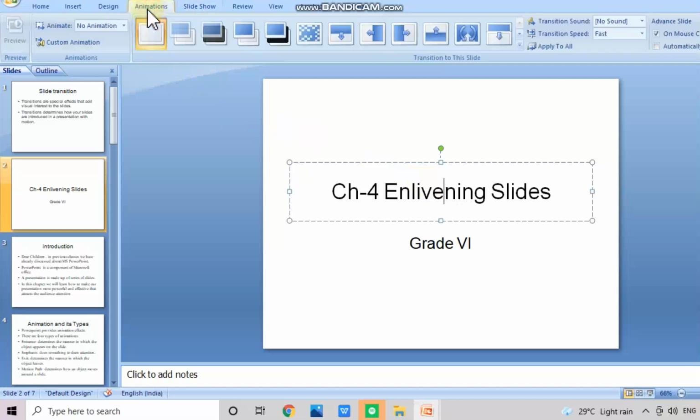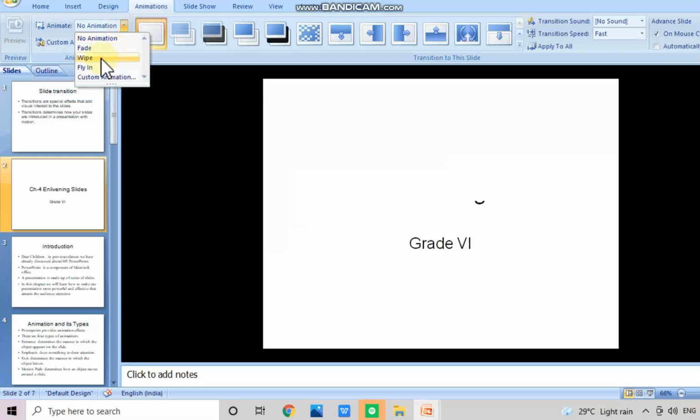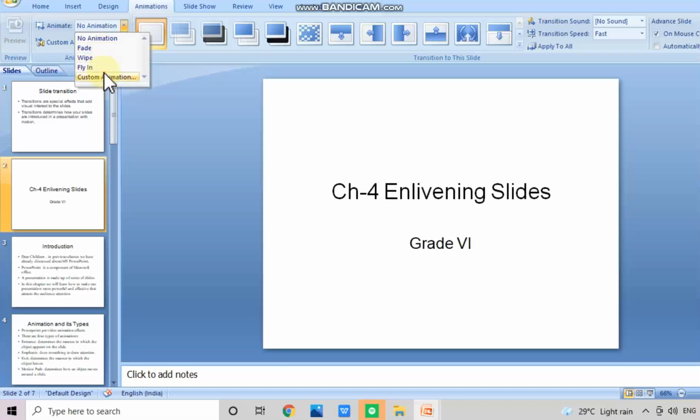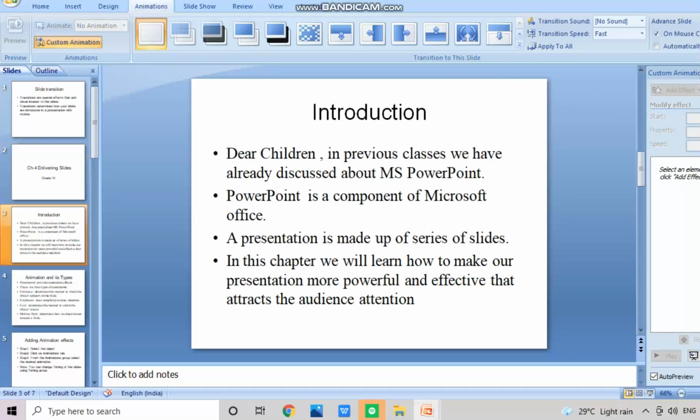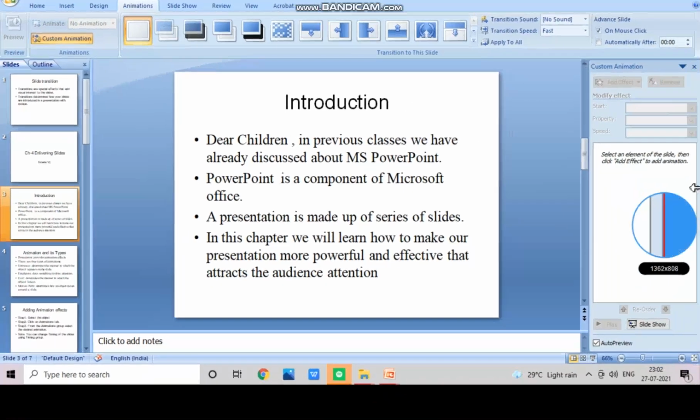After going to the Animation tab, you will see Animate and No Animation. There is no animation given right now. Select. There are some animation options given. Fade, that will appear like this. Wipe, Fly in. Or you can customize any animation. Once you click on Customize Animation, on the right side you will get a window.